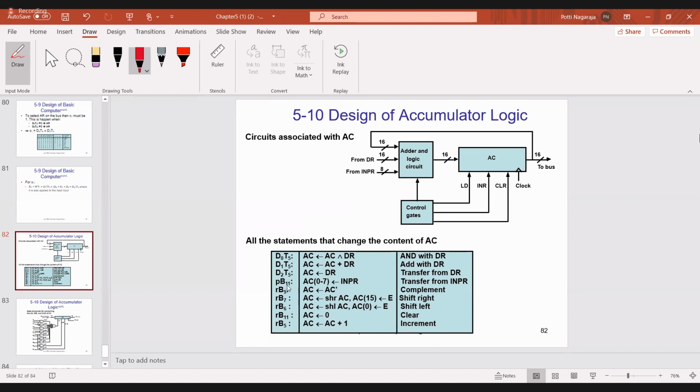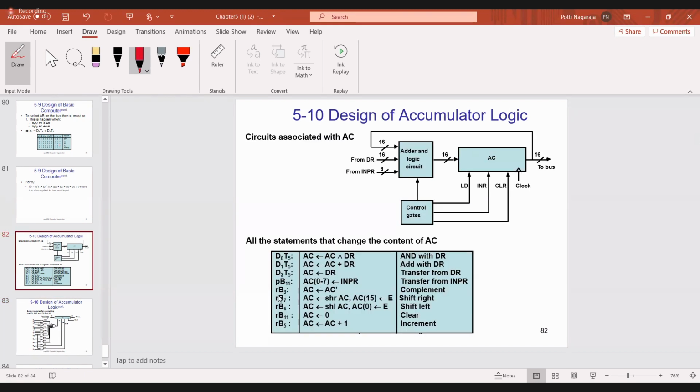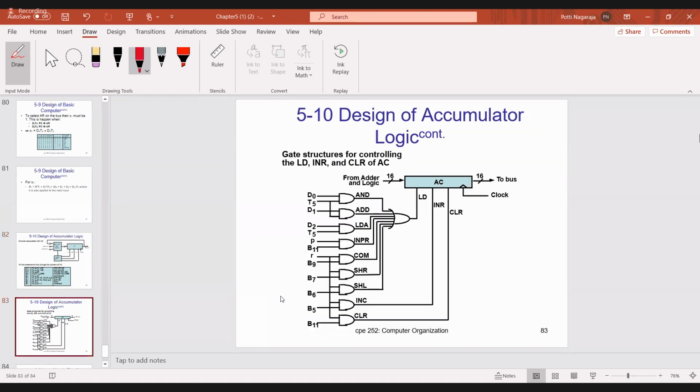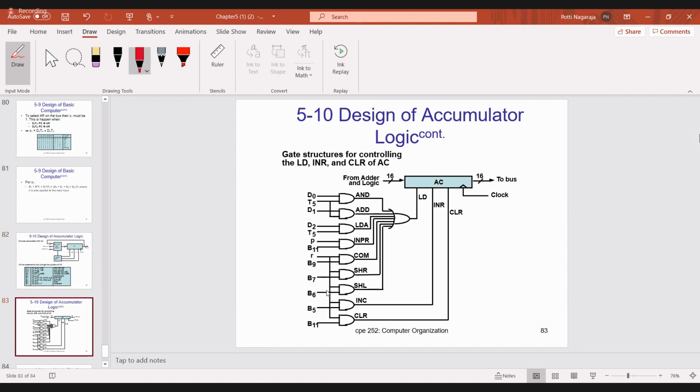Next is PB11, so I am giving P and B11. So what is the command? PB11 is input register. Then RB9, that is nothing but complement. Then the next one is RB7, then RB6. So all these 7 micro operations I am doing what? Load operation. So I am giving all these inputs to one OR gate, which will produce the load output as 1. Do you understand?